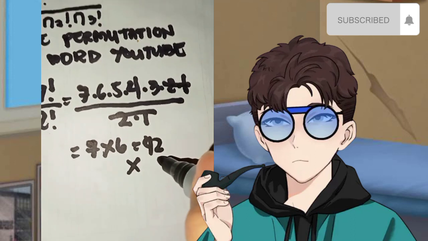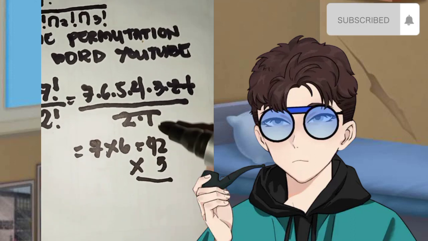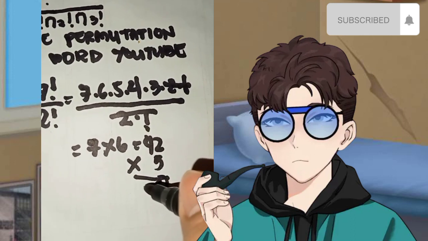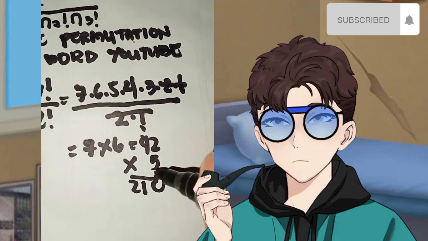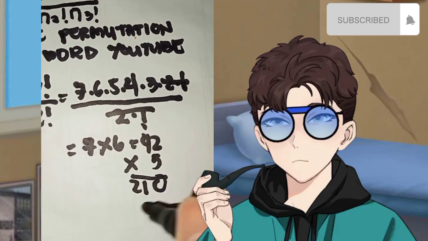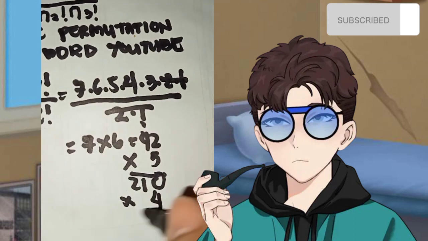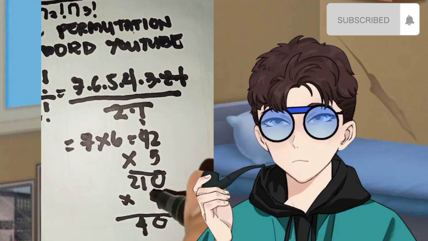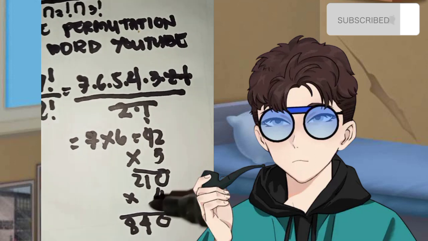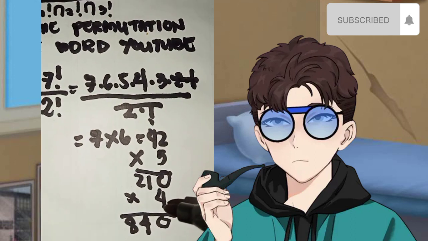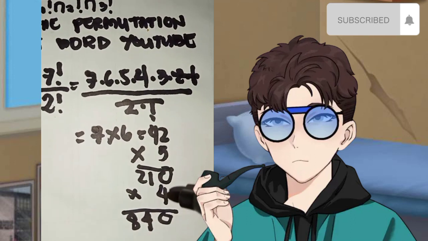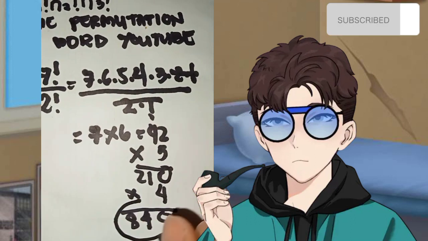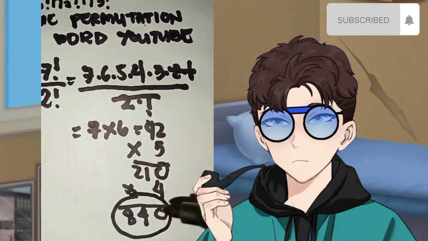Then you multiply that by 5. So 5 times 2 is 10, 5 times 4 is 20, plus 1, 21, so 210. Then multiply by 4, the remaining number. So 4 times 0 is 0, 4 times 1 is 4, then 4 times 2 is 8. So 210 times 4 will give us 840. So that's the number of